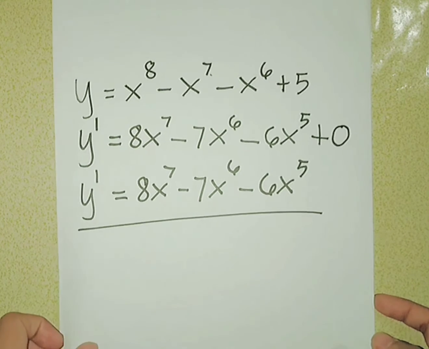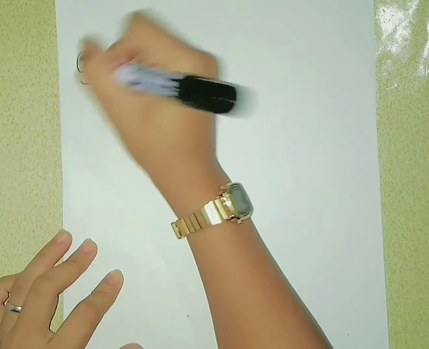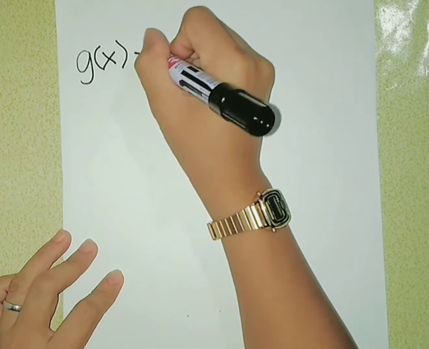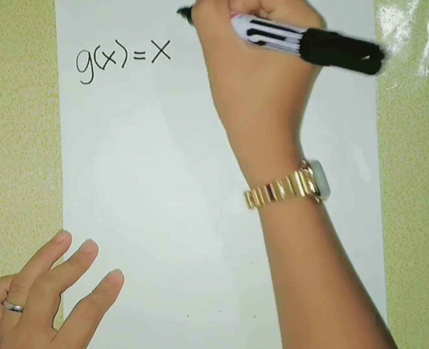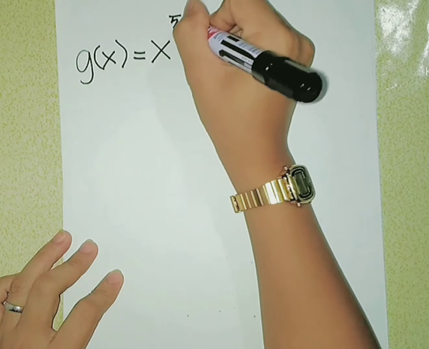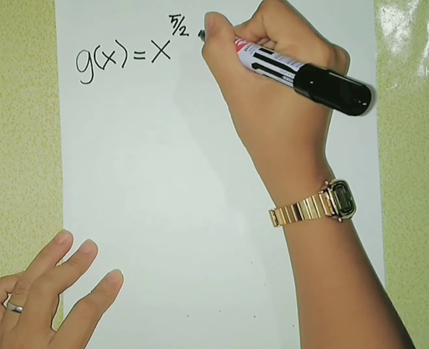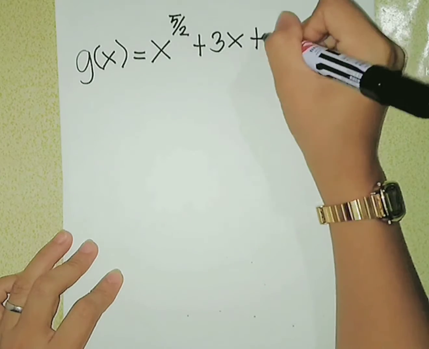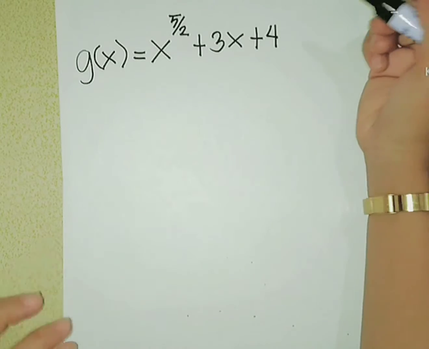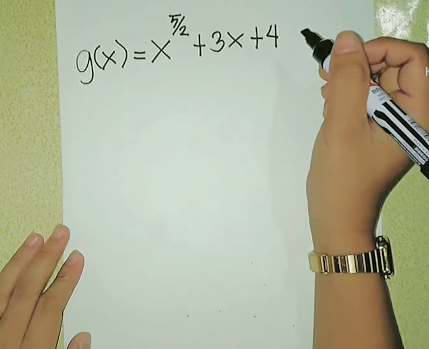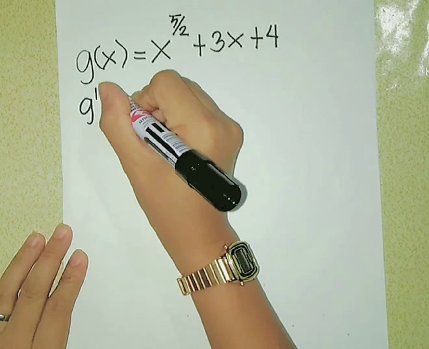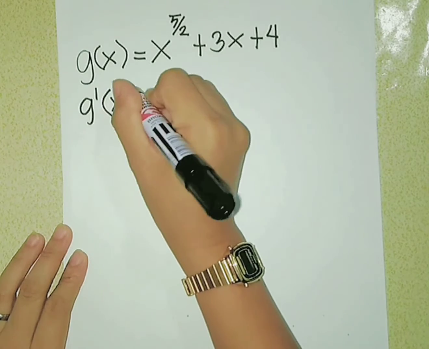And now, let's proceed to another example. Then we have g of x equals x raised to the power of 5 over 2 plus 3x plus 4. First, we write the derivative of g of x. So we have g prime of x